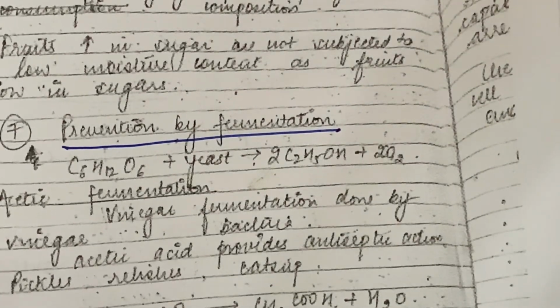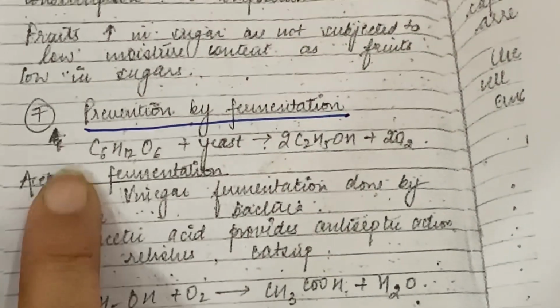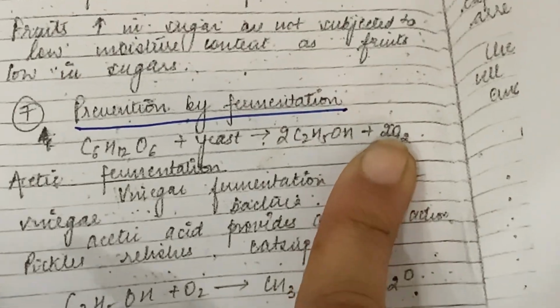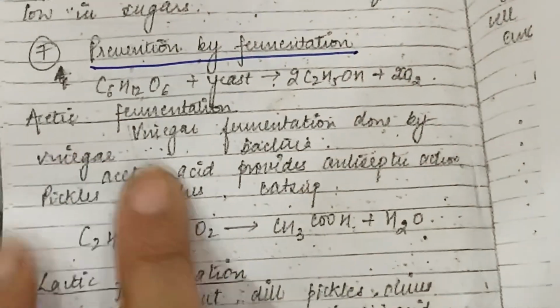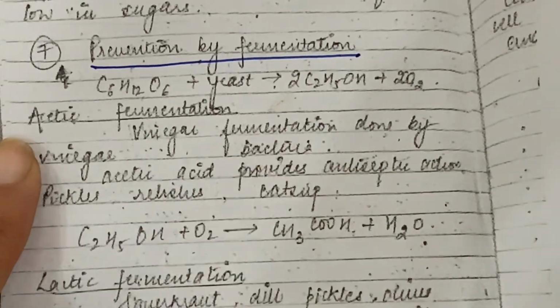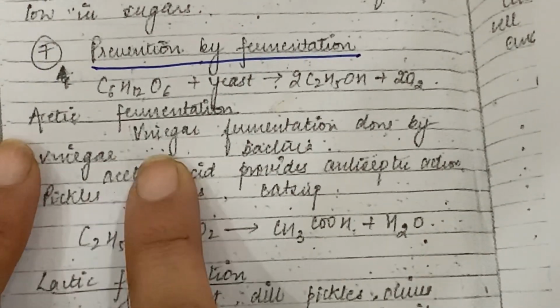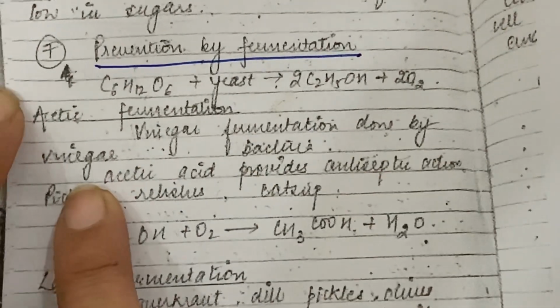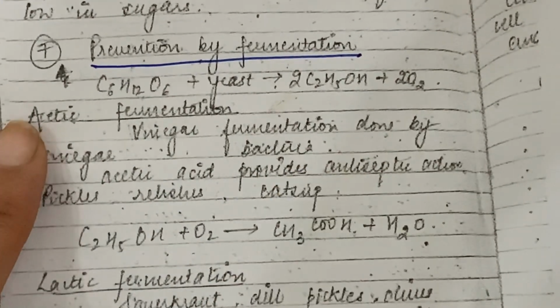Another permanent type of method is preservation by fermentation. Now, by fermentation there are various types. First is acetic acid fermentation, lactic fermentation. In acetic, the vinegar fermentation is done by vinegar bacteria. In lactic,